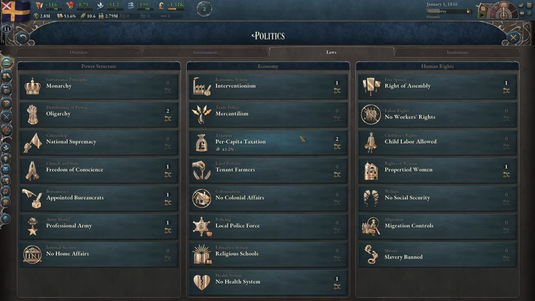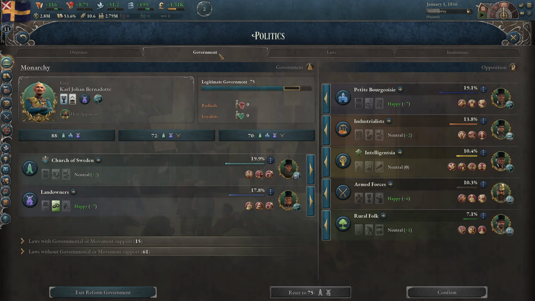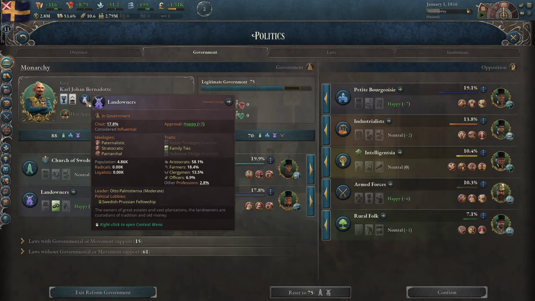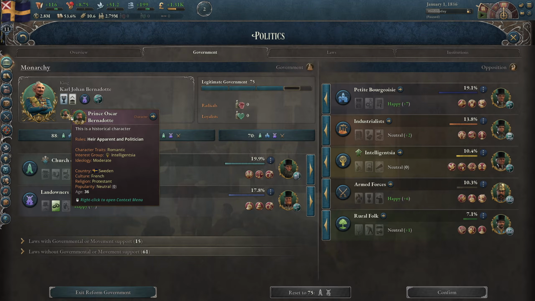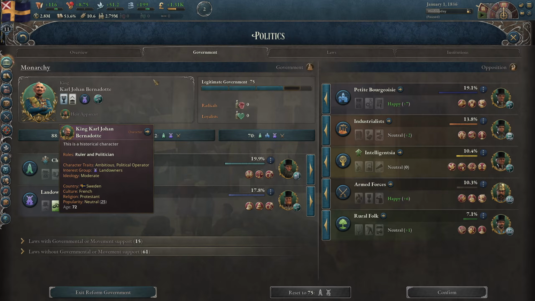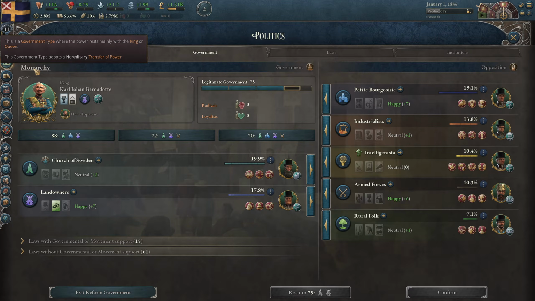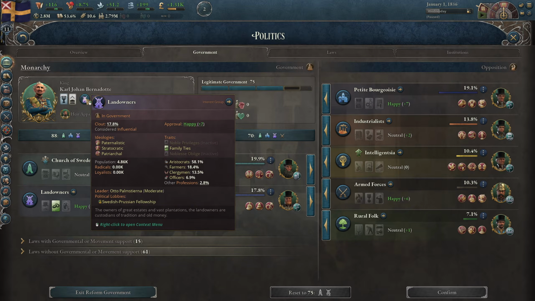Okay, before we're going to change a law, we need to go to our government and overview. So we are going to go over everything here. We have no other option. At the moment, our King Carl Johan Bernadotte is part of the landowners. Yes, our king and my heir are part of a group. My prince, Oscar, is part of the intelligentsia. We would love for this character to be in power, because when you are a monarchy, you get extra legitimacy from the group that your king is part of. So our landowners, which we don't like,